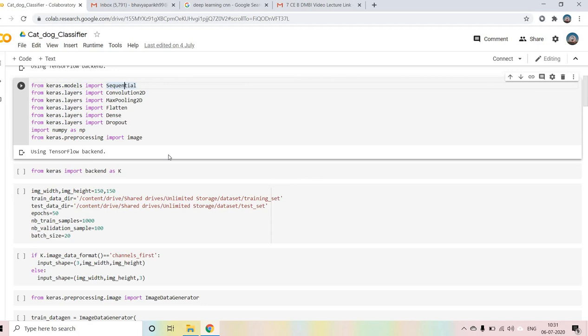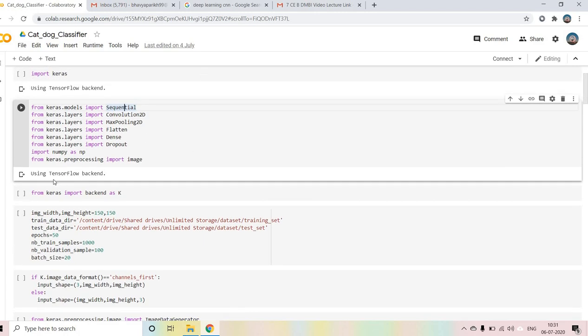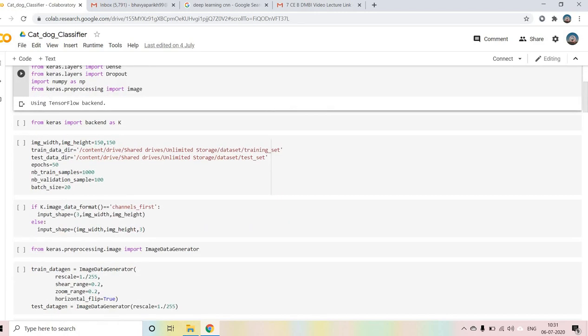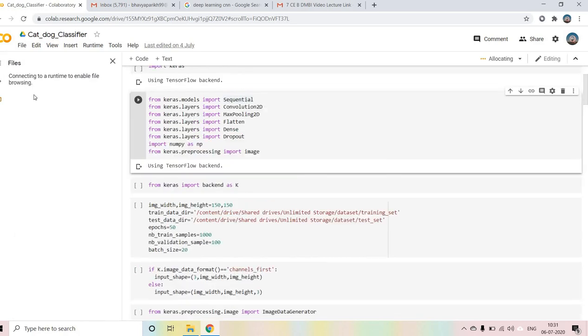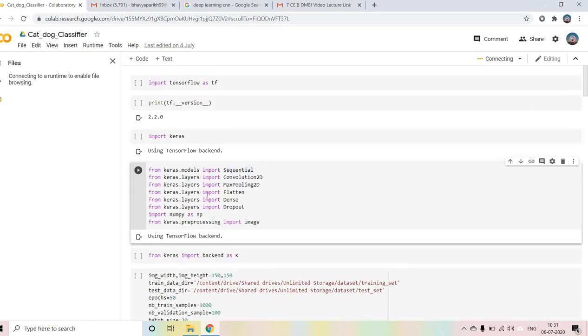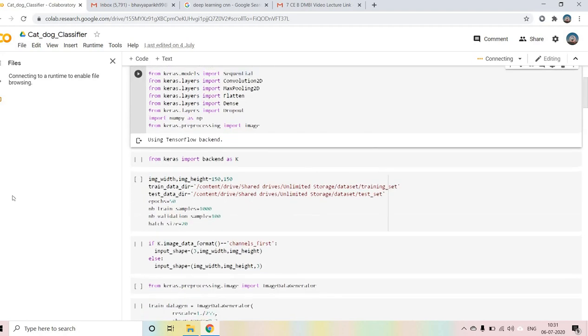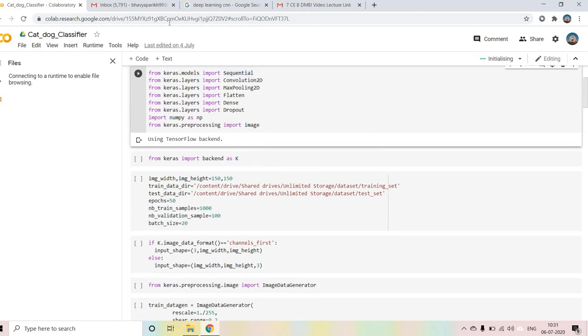If you run this code in Google Colab, and you don't have that much configuration in your laptop or PC, then you can use Google Colab. You have to take the Kaggle dataset. You can find this dataset on Kaggle. You just have to search cat and dog classifier. I have taken the dataset and uploaded it to my Google Drive, so it will be very easily accessible. It will take some time to connect.